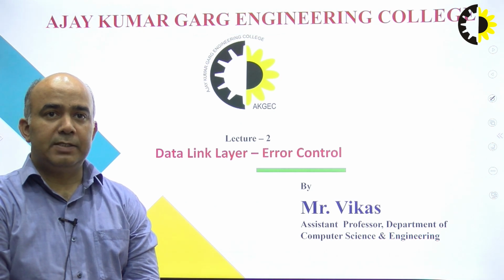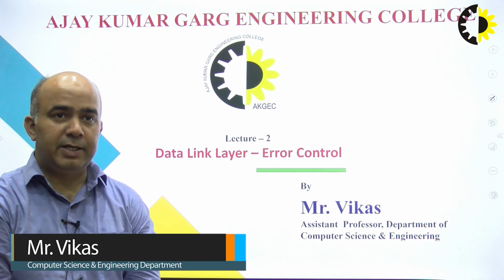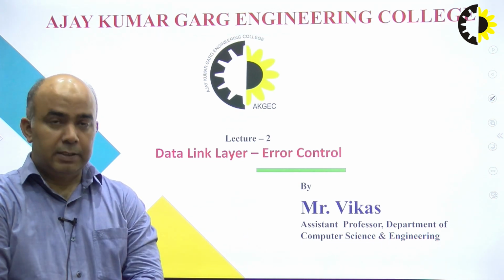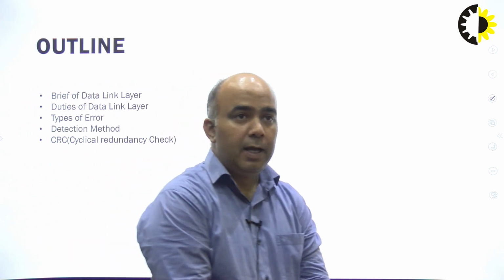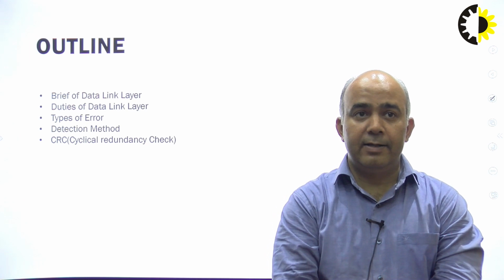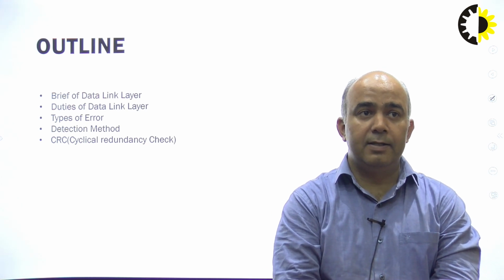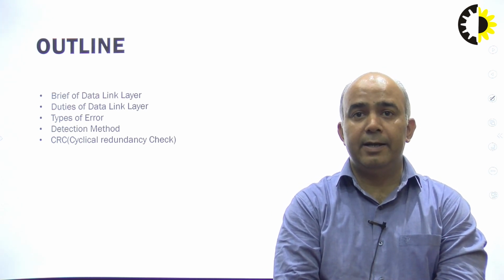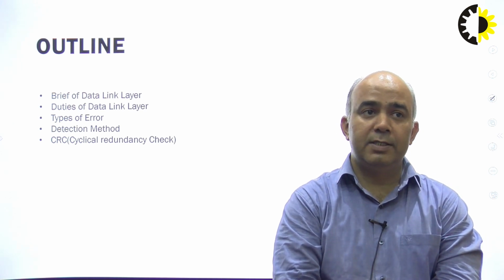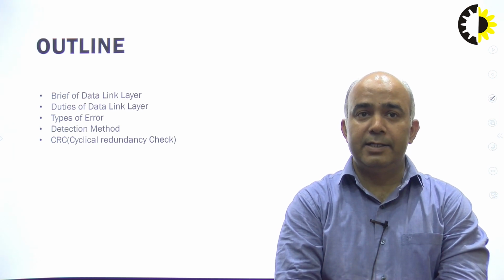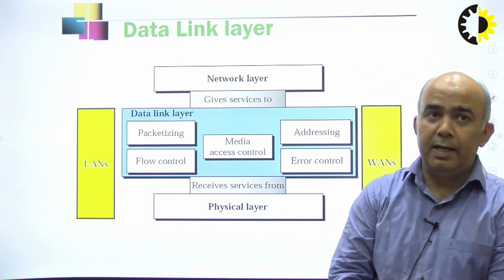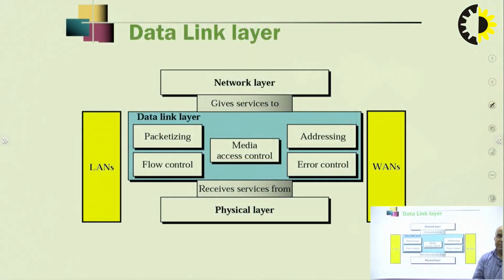The topic on which I'm going to present is data link layer error control. I will discuss a brief of the data link layer, the duties of the data link layer, and the types of errors that can occur in the data link layer. Then we have detection methods, and we will be focusing on the CRC, that is, cyclic redundancy check. This is a block diagram in which